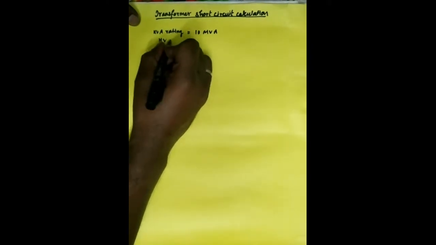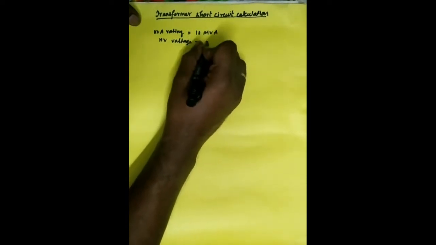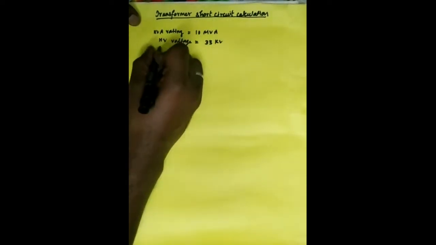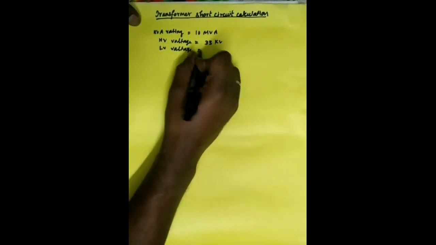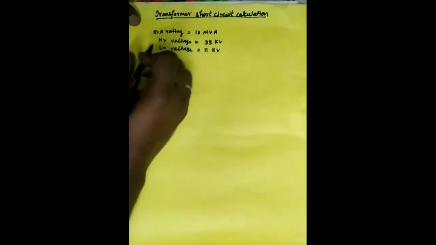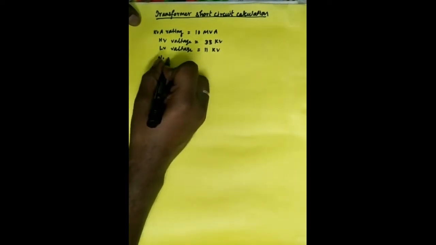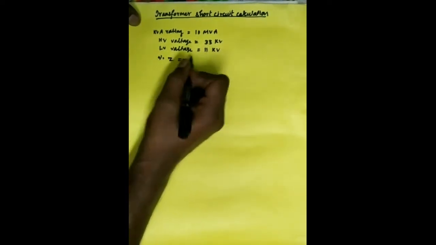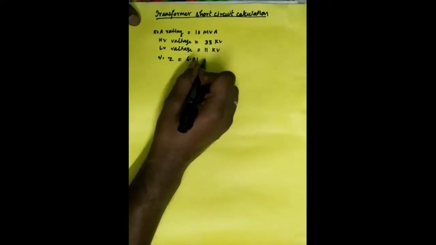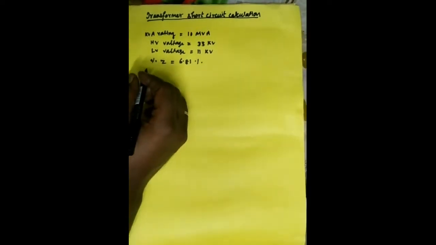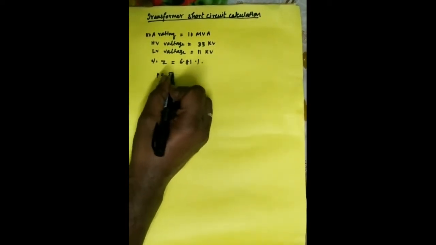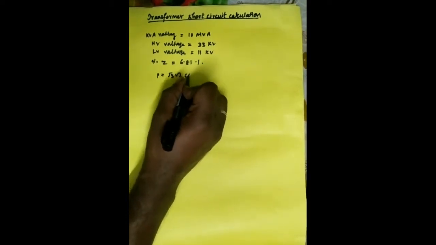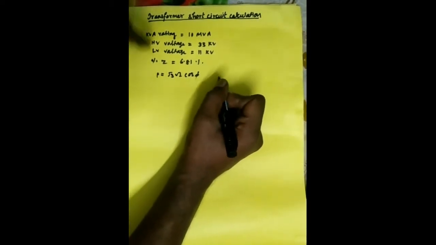Its HV voltage is equal to 33 kV, LV voltage equal to 11 kV, and the given percentage impedance is equal to 6.81 percentage. We all know that formula for power is P equal to root 3 VI cos phi for three-phase